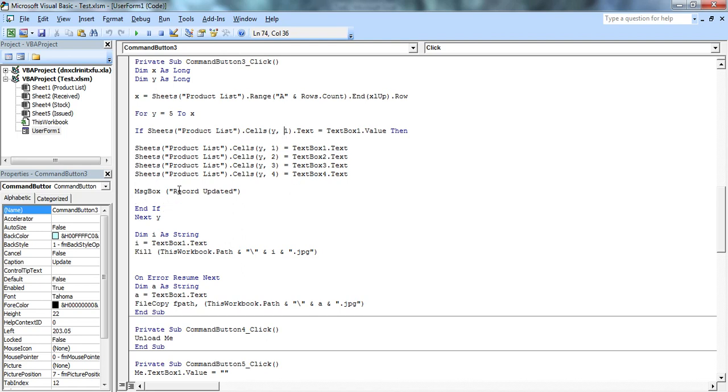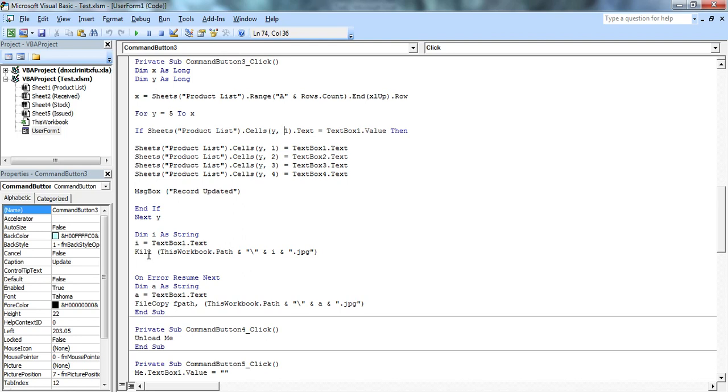Then we have given this message box, the record will be updated, and we have end if, and we have ended the next also. Then after updating the record, as you know, we have added the picture, so we save the picture also along with the record. For that we have used separate code.